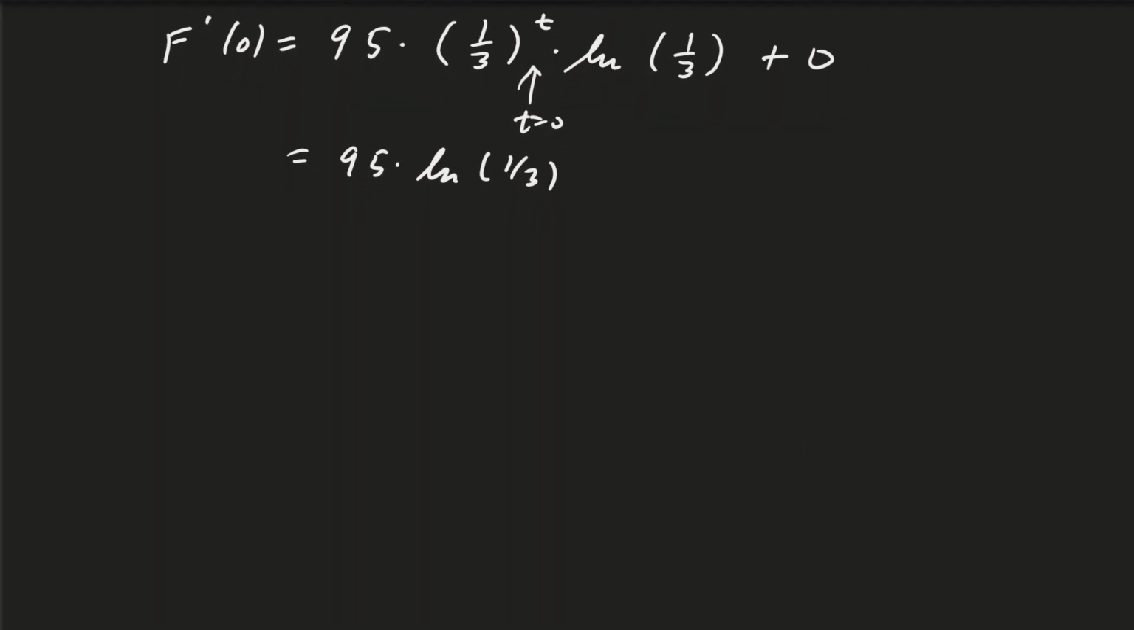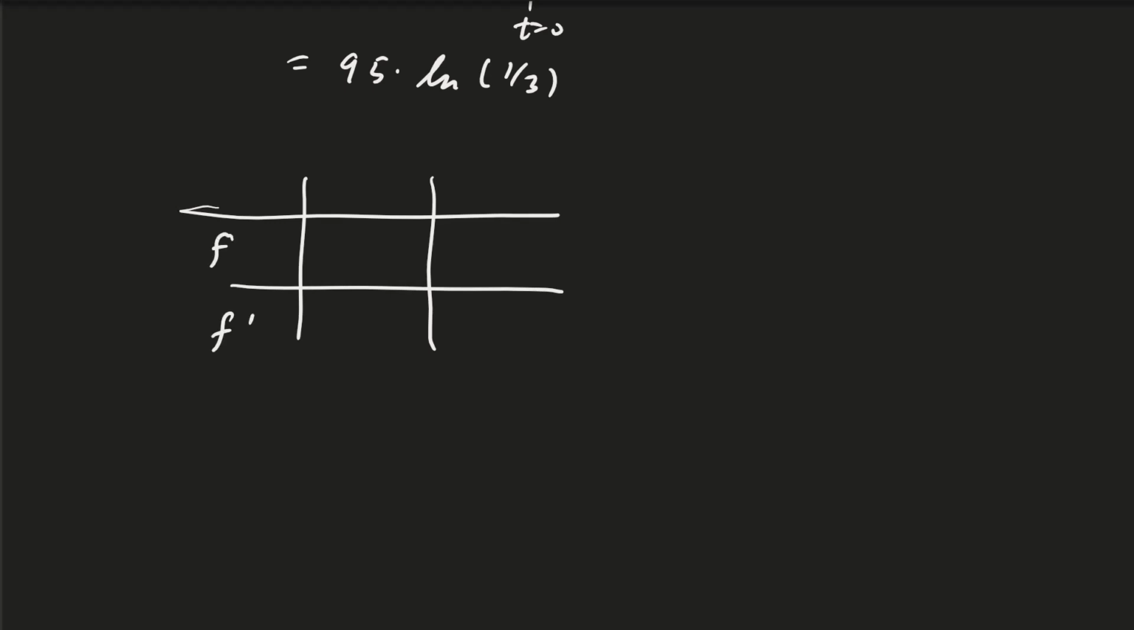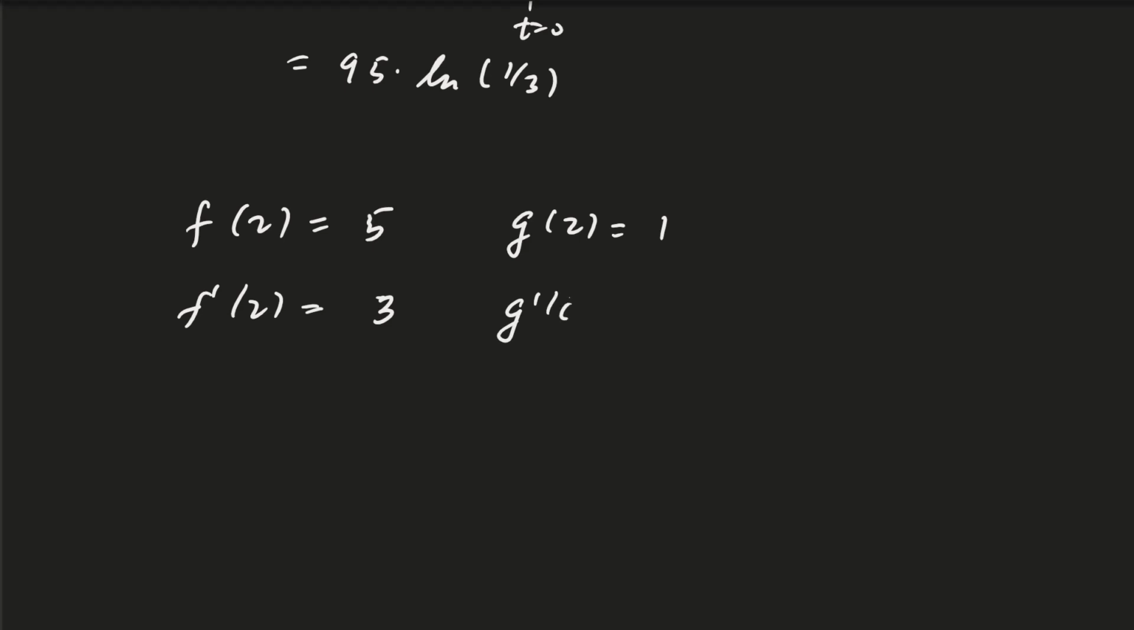Let's try another one. How about a table of values? Sorry about that. Let's say f of 2 is 5. f prime of 2 is 3. g of 2 is equal to 1, and g prime of 2 is